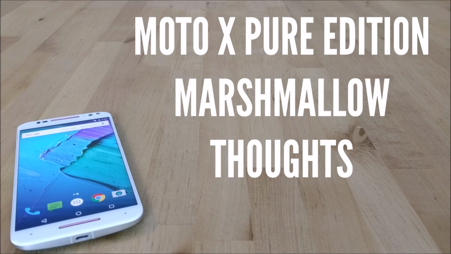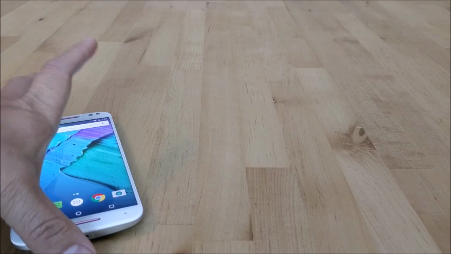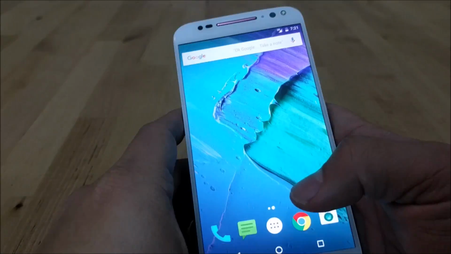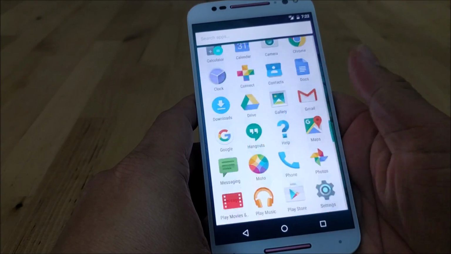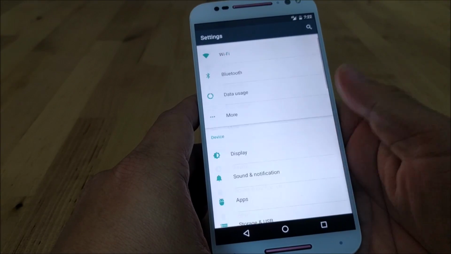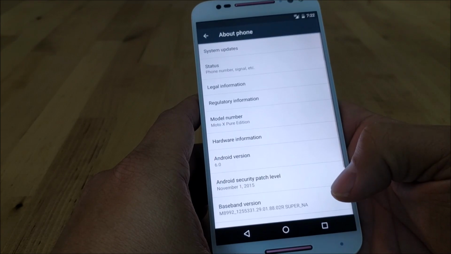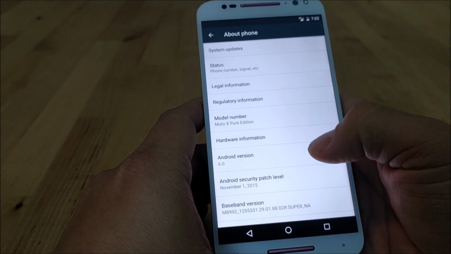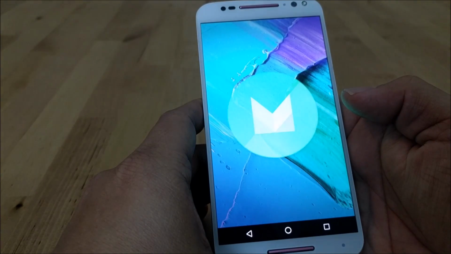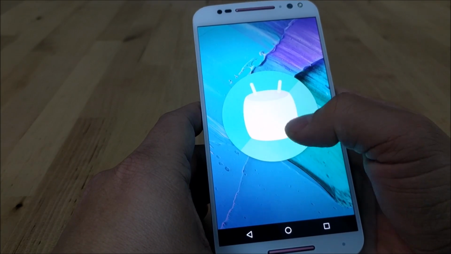Anyway, now that Marshmallow's hit the Moto X Pure Edition, I wanted to take some time and go over a few things that stick out to me, and hopefully they'll be useful for you. If you've watched my 4 tips video on the Nexus 6P a few weeks back, you'll get some repeat stuff here and there, but I'll be touching on something that Marshmallow utilizes on the Moto X that the 6P doesn't,